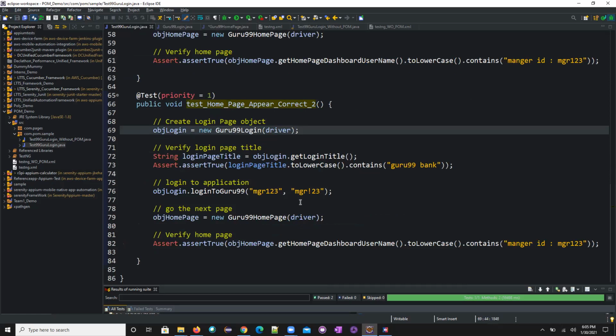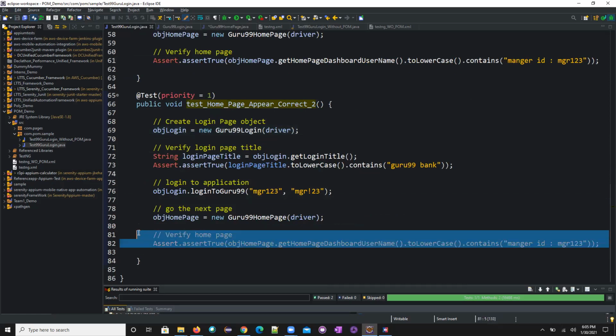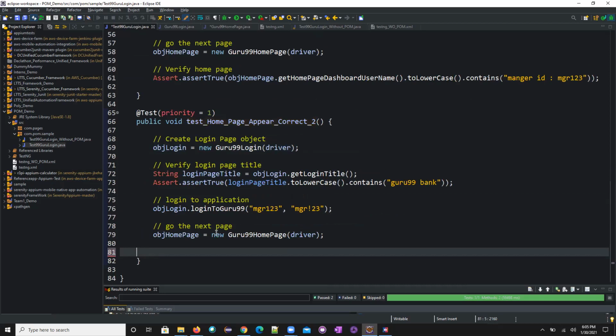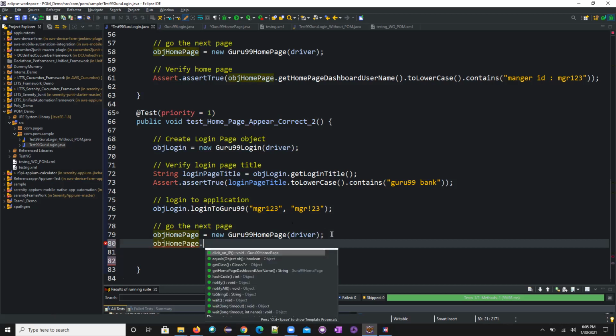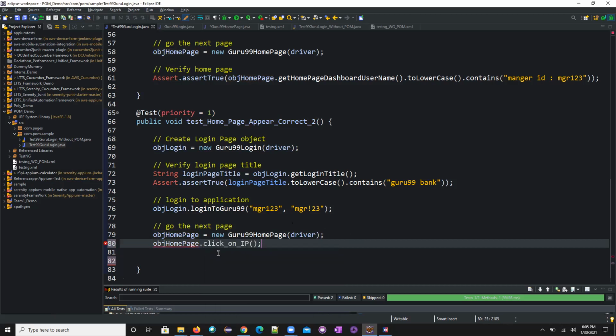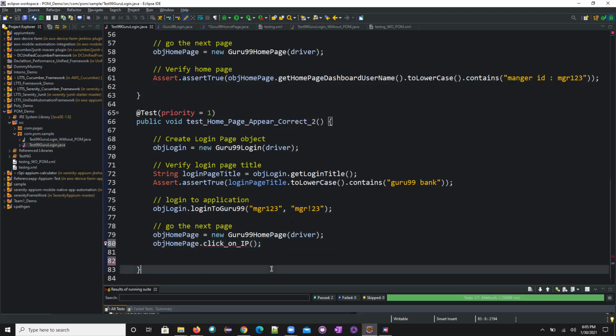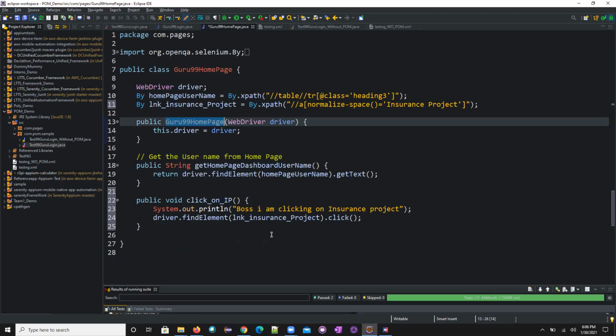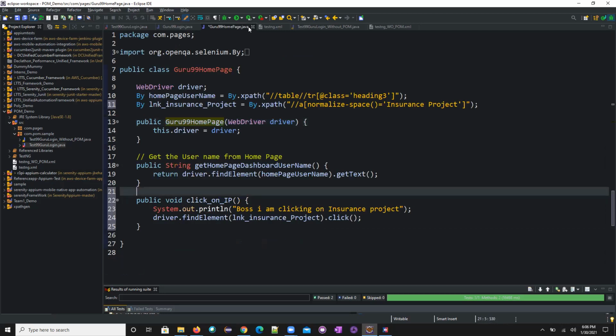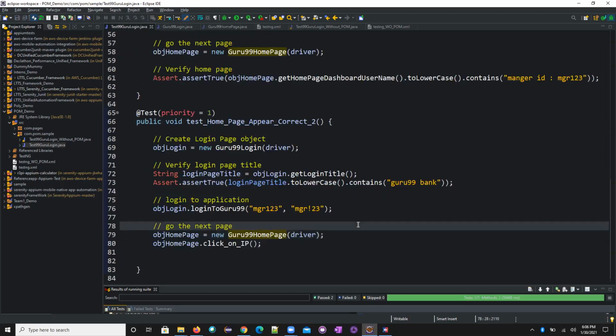Now in this one, I'm trying to verify this, not something I wanted to do. Now I'll call this home page dot, click on IP method. Okay, that method came. So now if you see in this, what happened, this is the home page only, right? This came only, right? Just give me a second, guys. See, I just saved it, nothing else I have done.